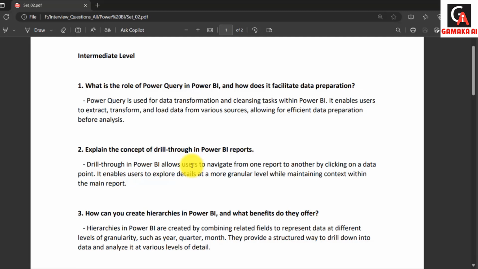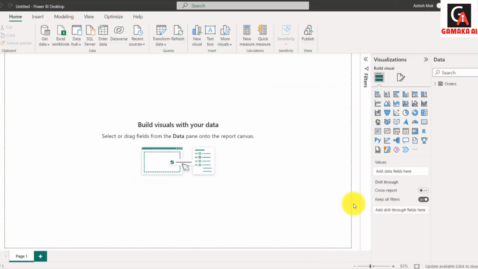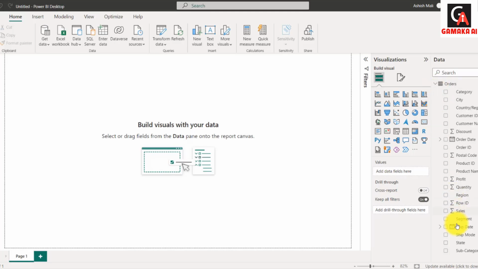Clear? And it also maintains the context within the main report. As I already said, if you select any point, then based on that context, it will filter the other reports. If I go here in the Power BI interface, you can see the drill through feature here. Here you can add any of your categories, and based on that the Power BI report will filter out. Clear?